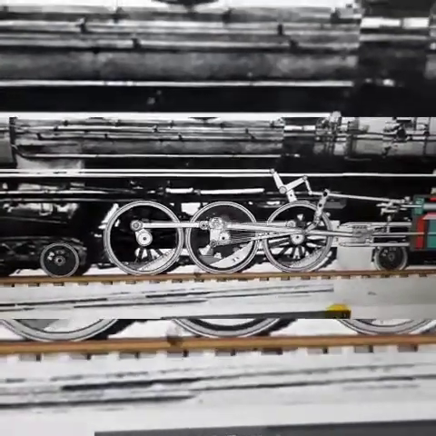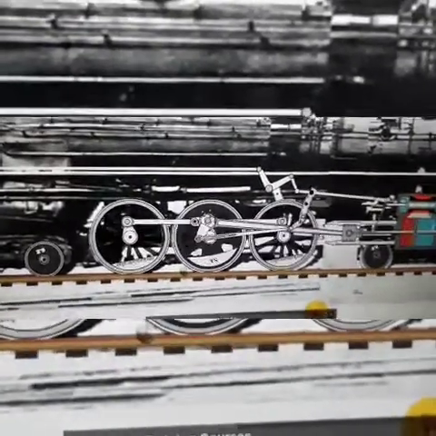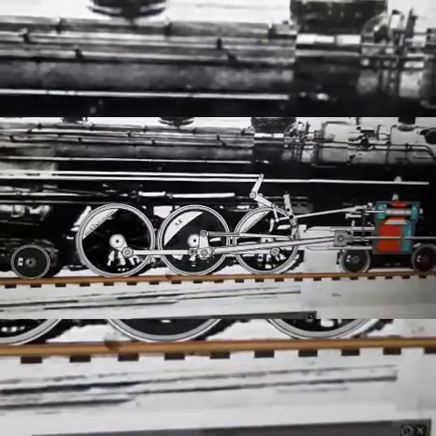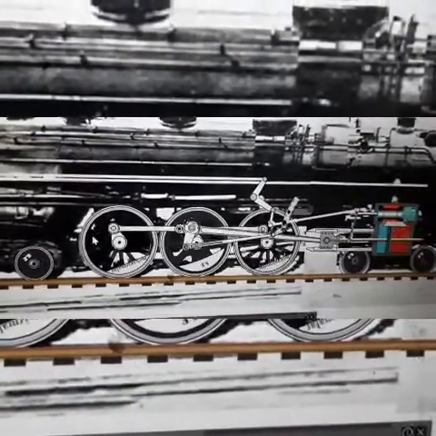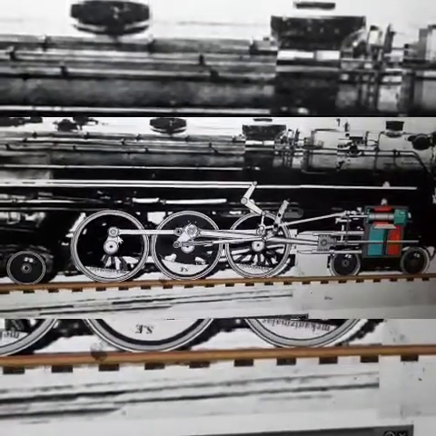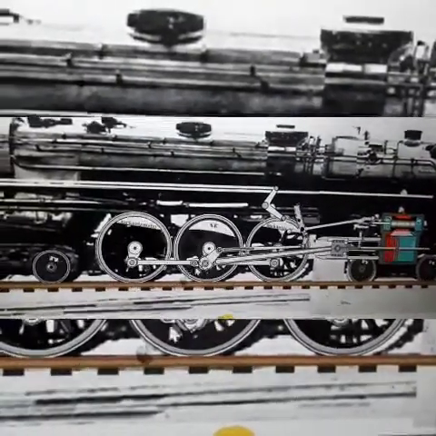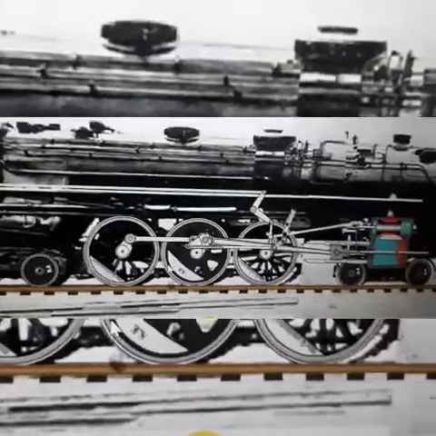Here you can see the coupling of a locomotive. Here both the links are rotating 360 degrees about the center point of the wheel, because of which the wheel is rotating, and it is transferring the rotary motion of one wheel to the rotary motion of the other wheel. And this is the connecting rod, which is used to transfer the rotary motion of one wheel into the rotary motion of another wheel. So this is a double crank mechanism example.